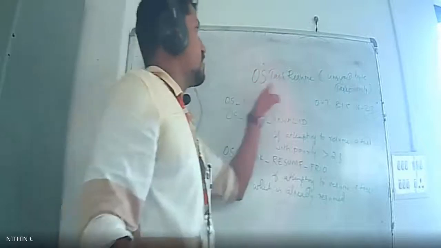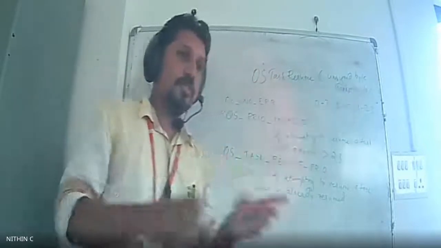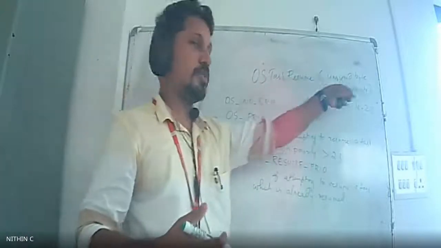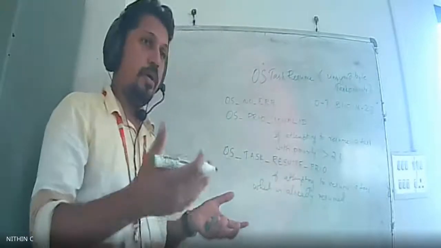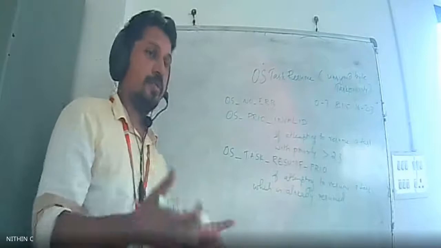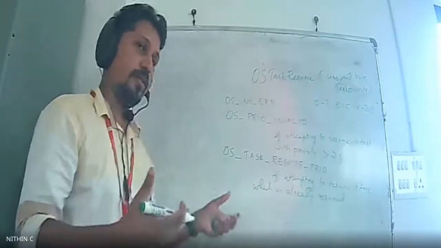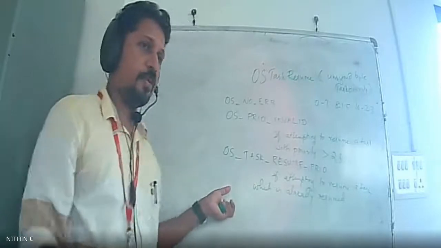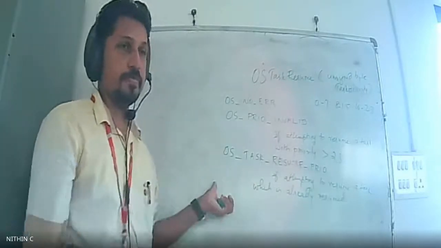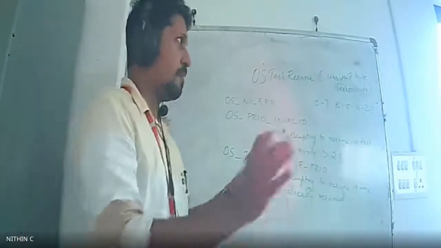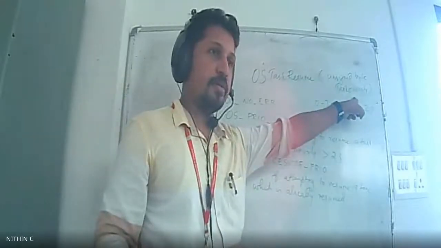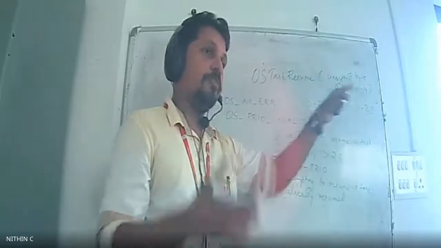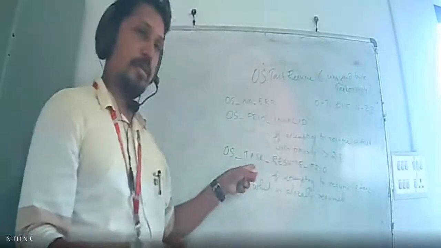The aim of this function is to resume a task which is in the suspended state. If you are trying to resume a task that is already resumed, already unblocked, you will get a message like this. It all depends upon the priority that you are giving. The only parameter that you are giving is priority, right? So if you have already resumed a particular priority task, and you are trying to resume it again, you will get a message like this.